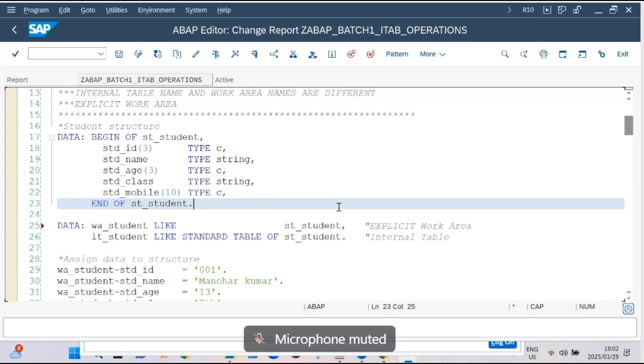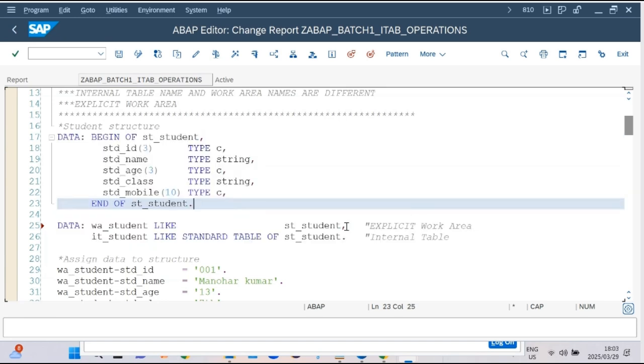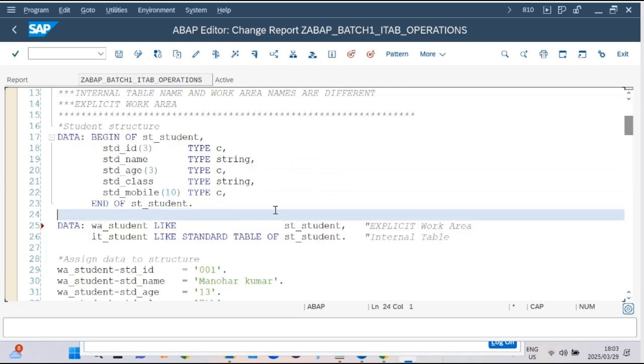When you talk about me, you can ask me, hey Mohammed, what is your thought, or how are you doing? What kind of technique, what kind of fashion of internal tables syntax are you following in your projects? Yes, my answer will always be this. I give my 100% vote to this because from the beginning, I started using the explicit work area and